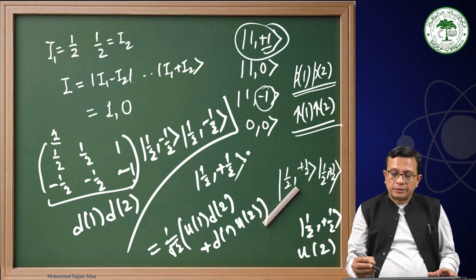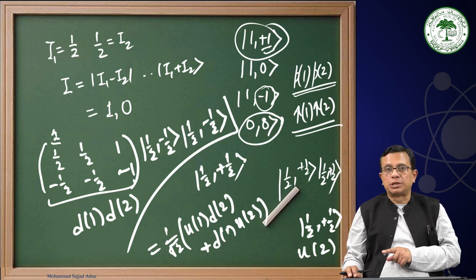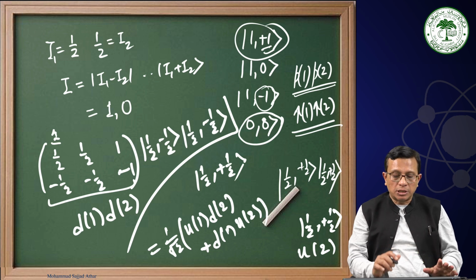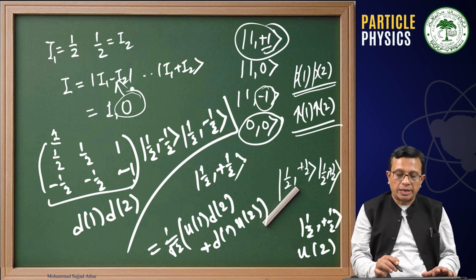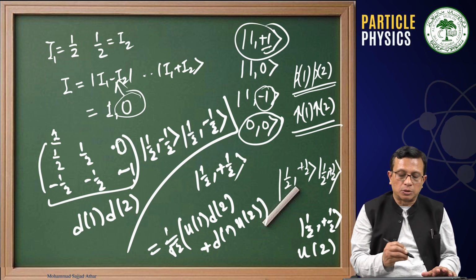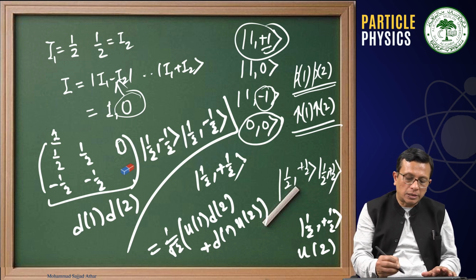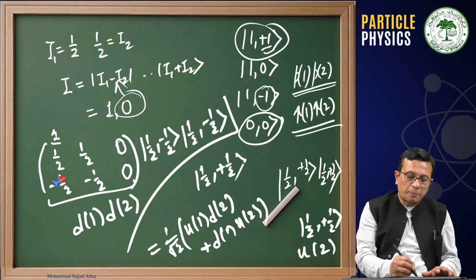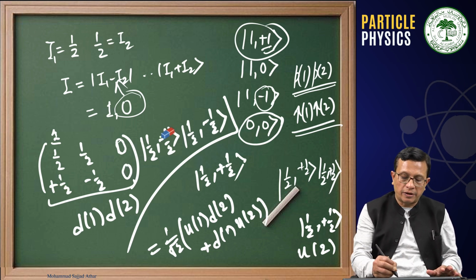Now we have the fourth case where we have 0 0. Now this 0 0, as we have seen, half minus half will give us 0. Therefore, everything is fine. This we are talking about 0. But when we are talking about 0, it can have only a projection 0. This can be possible when this is plus half, this is minus half,